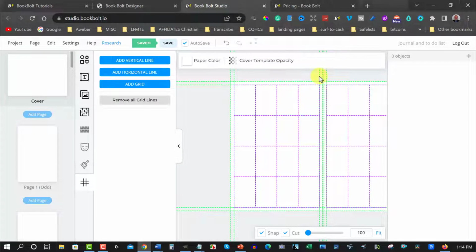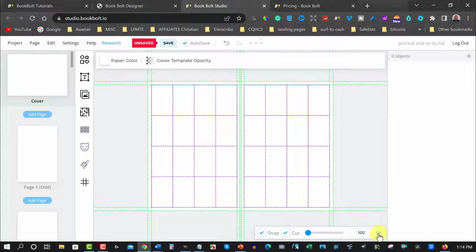So it's got 4 per page. Now I'm going to shrink that in, and what we're going to do is if it's a little bit off center, you can click on that, and that will then line it up for you and put it in the center. Now if you want to be able to say, for example, add an image here,